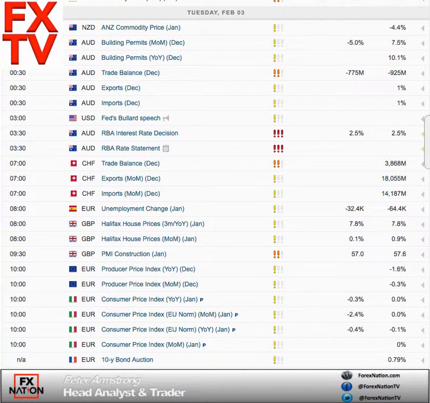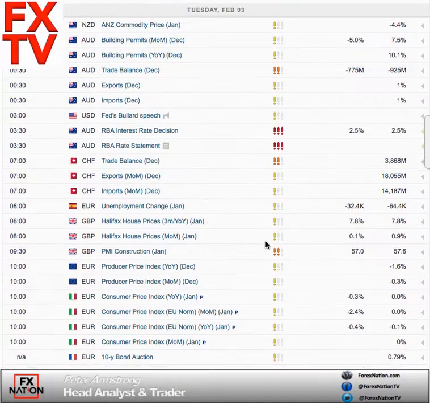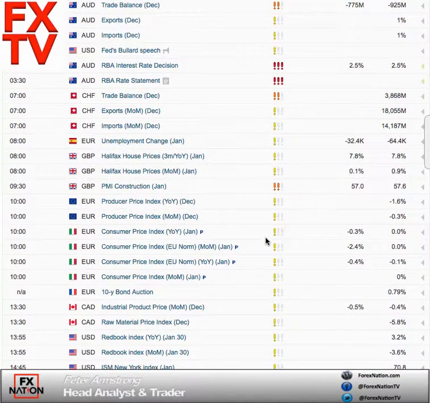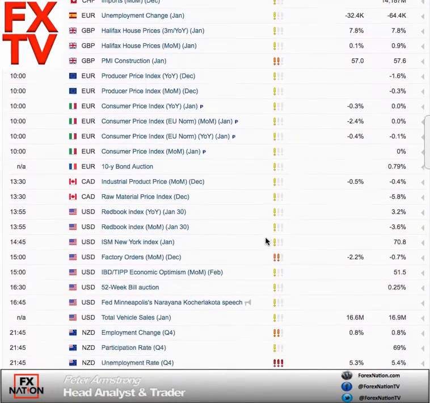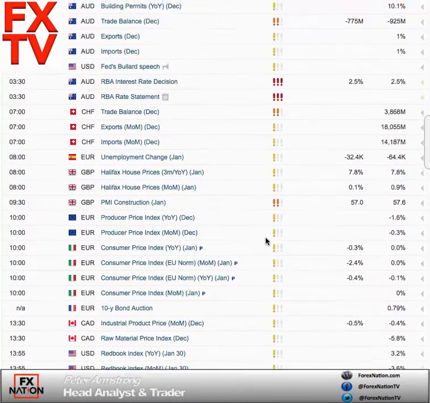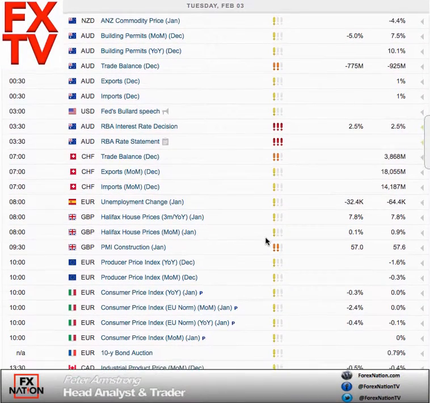Today it's all about the RBA interest rate decision. As you can see, we don't have a lot of important data coming out besides the rate decision. However, we do have a large volume of data. I don't expect any of the data to manipulate price action or create volatility like the RBA, so I'll focus on that. However, as always, if we get a vast range of data being negative or positive, we shall see